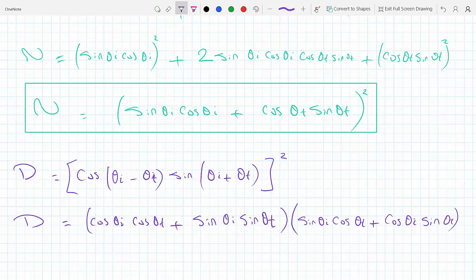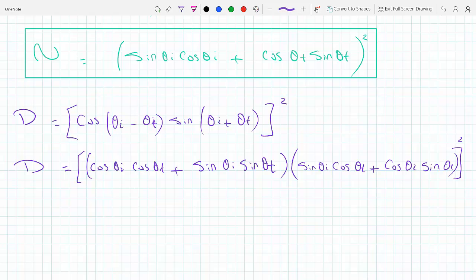Okay, and this whole thing is squared. And so, let's see. Okay, let's FOIL it. I think we did something very similar up there, and